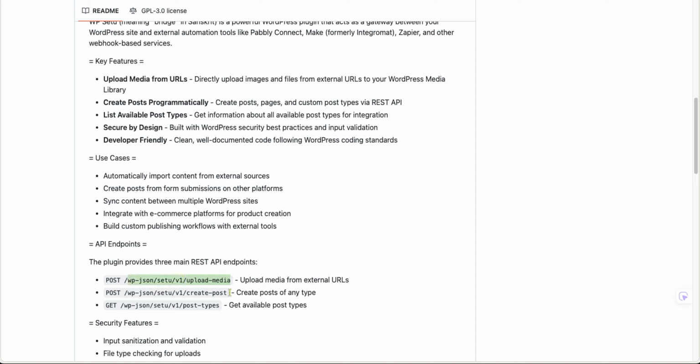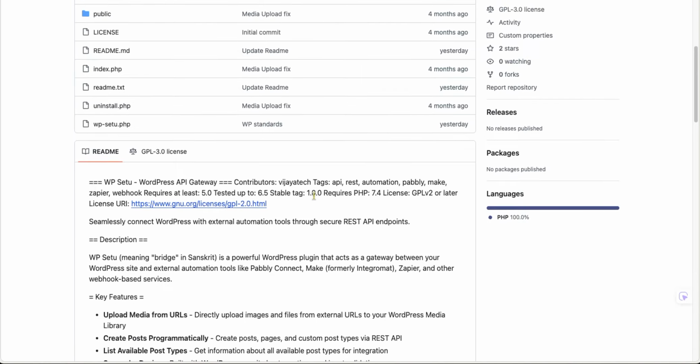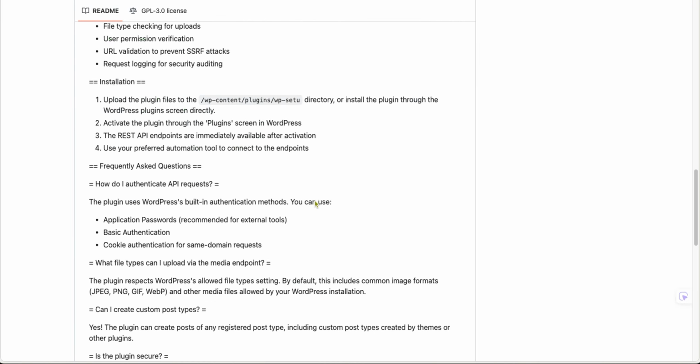And if you want to create a post, you can do this. If you want to get post types, you can do this. All right, you can do the same thing. Then the next thing we need to do is we need to